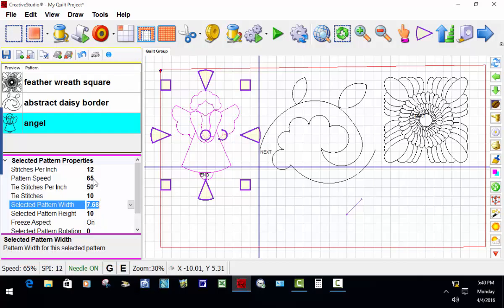Now suppose I want this to stitch at maybe 14 stitches per inch. It is highlighted. And I go over here and I change the stitches per inch to 14. Now this is the way I do all of this type of changes. Now down in this box it's still going to say 12, and it's going to say 65 as far as